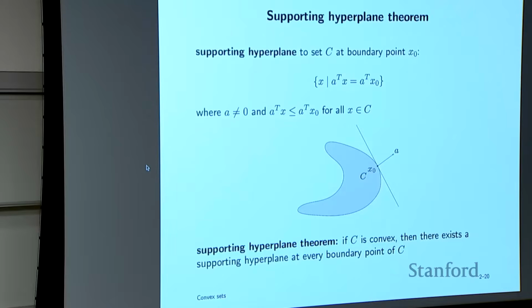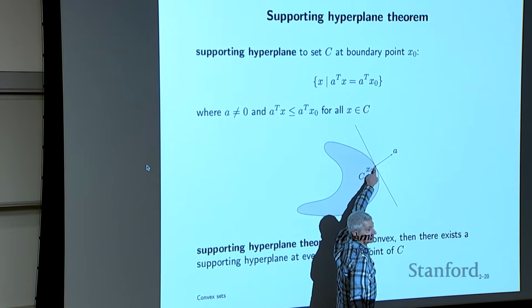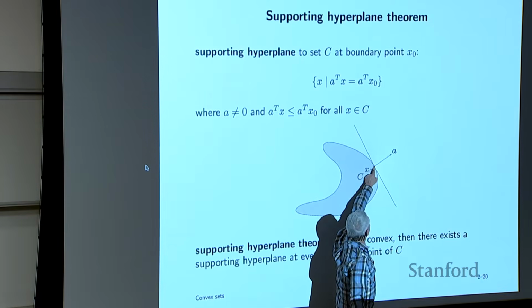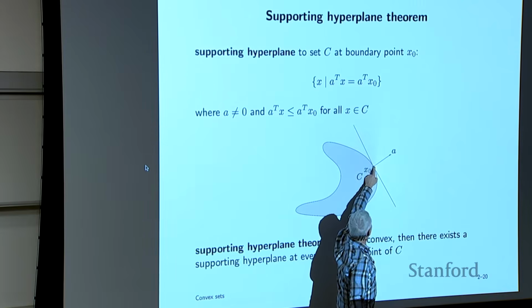And there's variations on it. And this is an important concept. We'll get to this later as well. There's the supporting hyperplane theorem. And so first I have to say what a supporting hyperplane is. A supporting hyperplane: I have a set, it doesn't have to be convex, and I have a point on the boundary of the set here, okay? And if you don't know what the boundary is, just take it to be completely informal, your eyeball will tell you what's on the boundary, okay? So that's a point on the boundary.